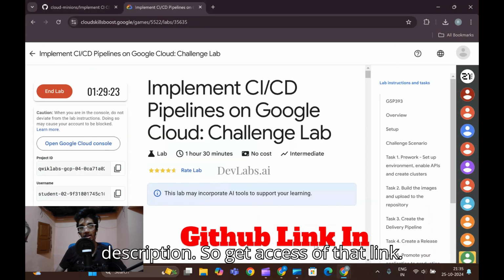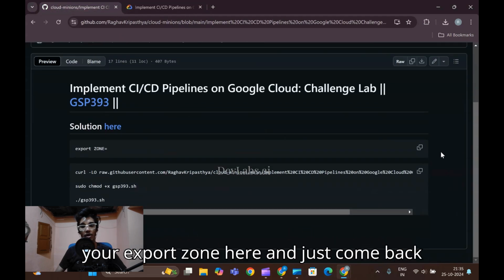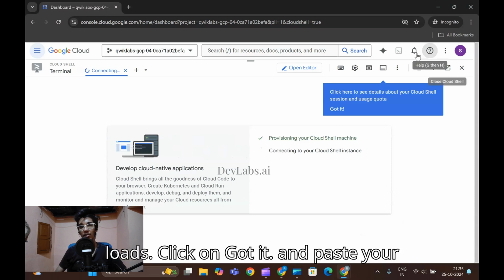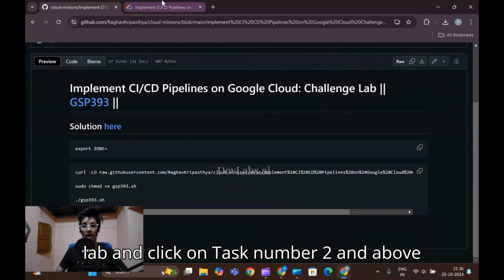So I will provide the link in the description. So get access to that link. So come back to your GitHub and just copy your export zone here and just come back to your lab and wait till your terminal loads. Okay, click on got it and paste your export zone here and come back to your lab and click on